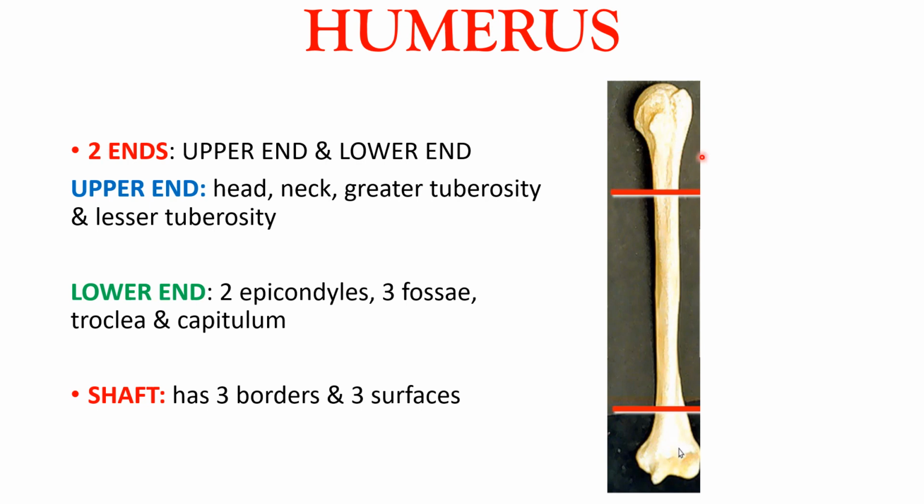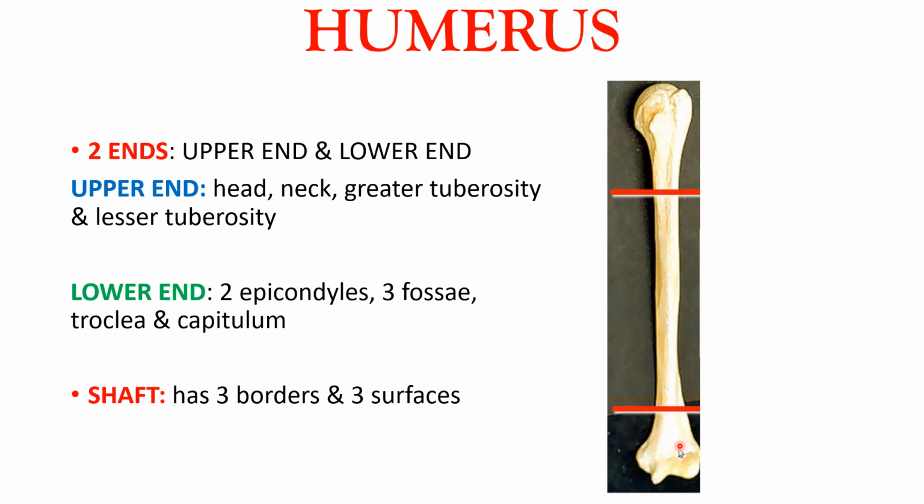When we come to the lower end, we have articulating surfaces and non-articulating surfaces. For the two articulating surfaces, we have the trochlea and the capitulum. The trochlea is medial, the capitulum is lateral. Then we have the two epicondyles, the medial epicondyle and the lateral epicondyle. Now we have three fossae: more medially the coronoid fossa, more laterally the radial fossa, and then posteriorly the